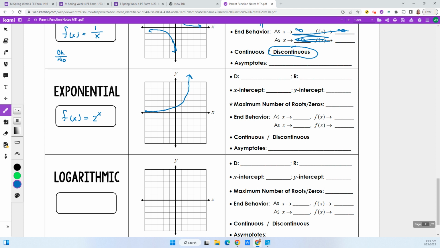And again, I'm just putting these in now for the purpose of you being able to see the graph if you see it on your homework. So I'm not actually filling in all the information anymore on these last two because we're not going to get into it too much in terms of graphing. But I do want you to be able to see what they look like. And a logarithm is just like taking this graph right here and kind of flipping it over diagonally. And you would get something that looks like